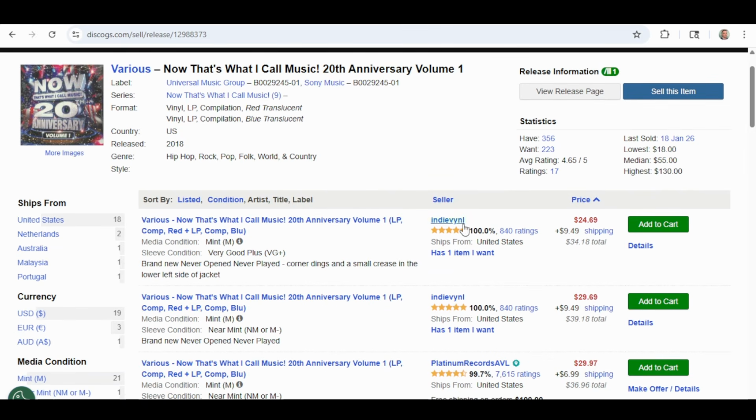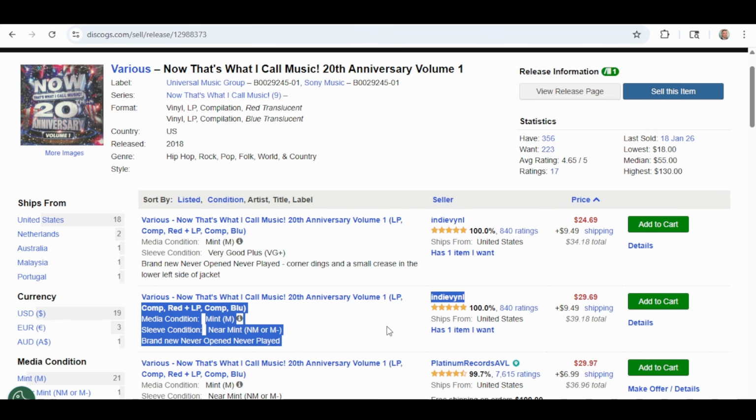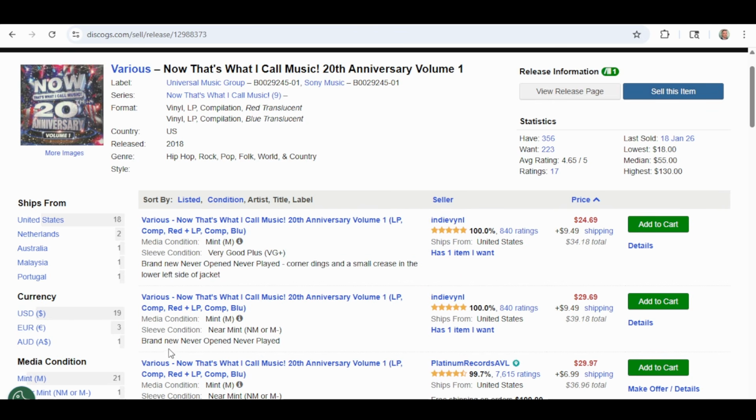Okay, fair enough. Same seller. This is something else to look at. Sometimes people have multiple listings. So this seller here is the same as this seller here. They have a near mint copy, brand new, never opened, never played. Now, the difference here is they said this one has corner dings. They didn't say that down here. They just said never opened, never played. I'm assuming this is a nice copy. They also went from VG Plus on the sleeve to near mint. And for a measly $5 more, you get this thing sealed, brand new, in what's considered near mint condition